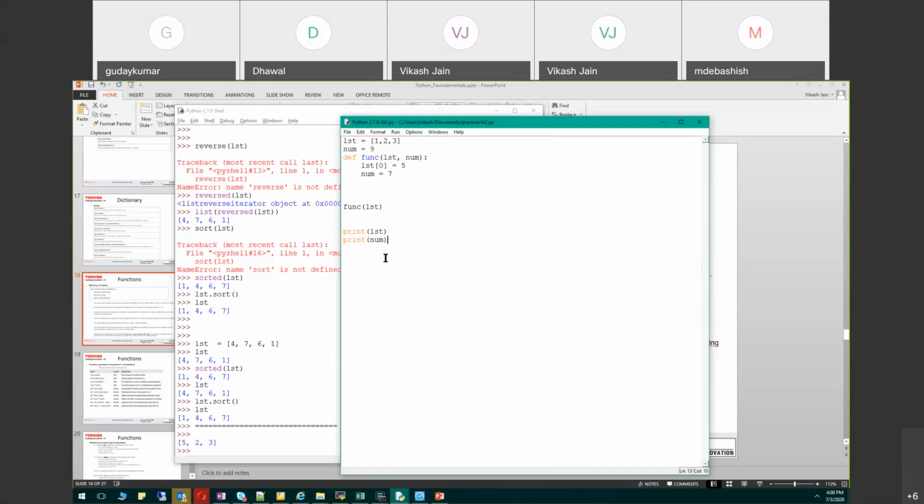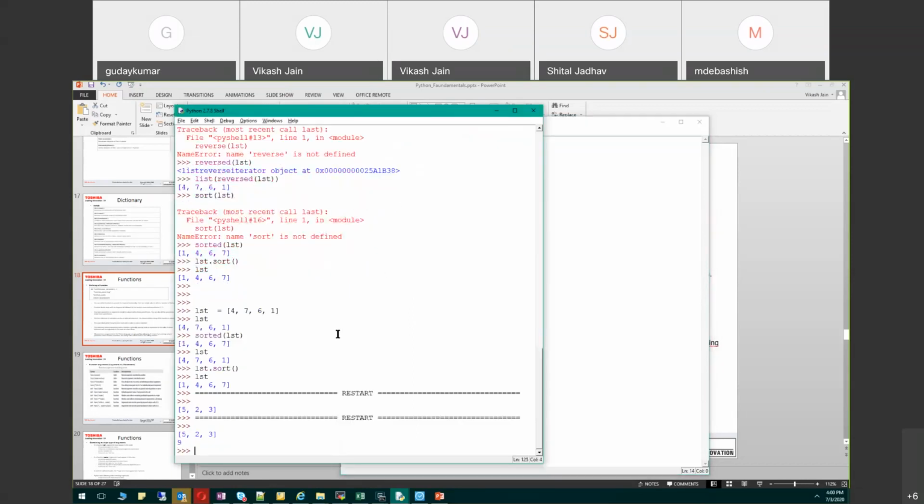So Uday, can you tell me what it will print? Actually, you have not passed num in the function. It will give errors. Okay, let's pass it now. Now what will it print? 7. It will print 9 itself because